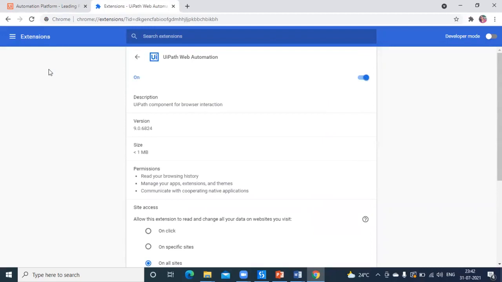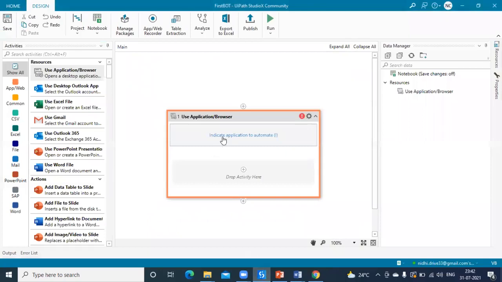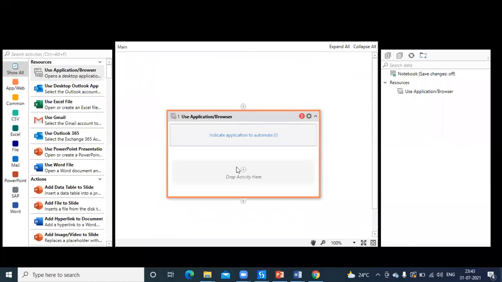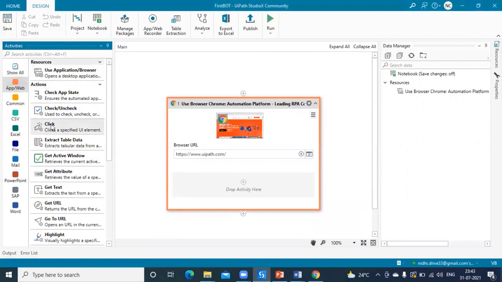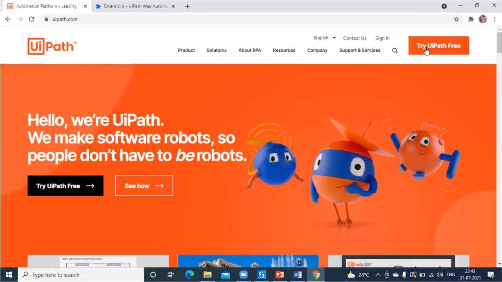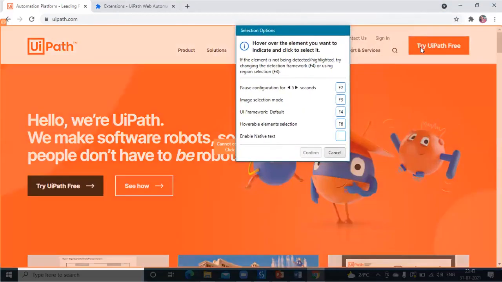And now let's try to automate this particular web page. I'll try to connect with the page again, and when I click on it again, I'm able to connect. Now let's try and click on any of the elements on that window. I'll take a click activity and try to indicate the element. But you can see I'm not able to. This is because the developer mode is still disabled.